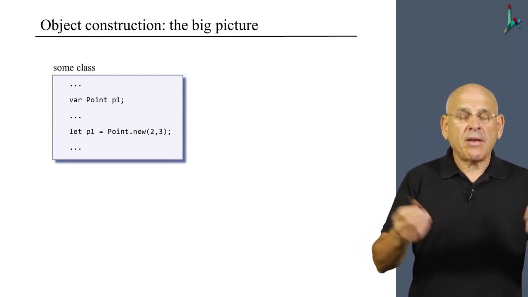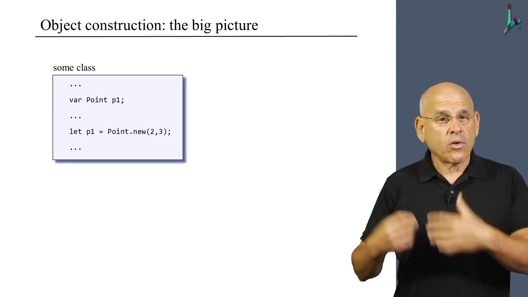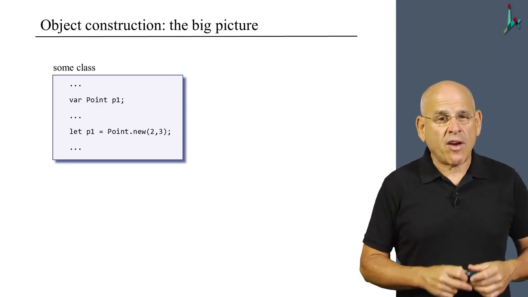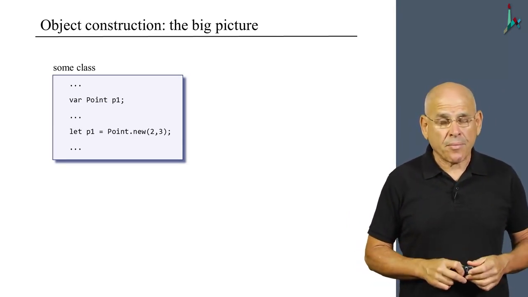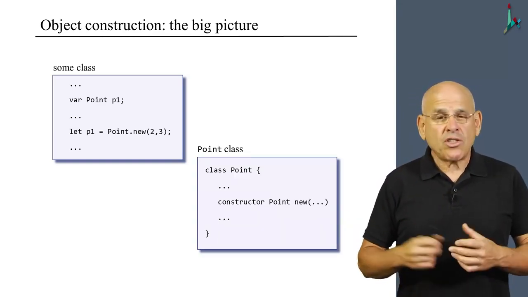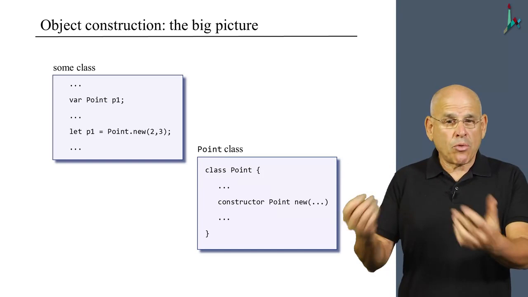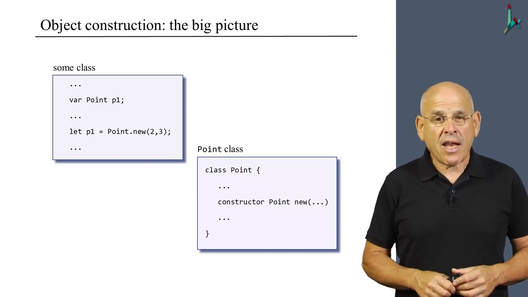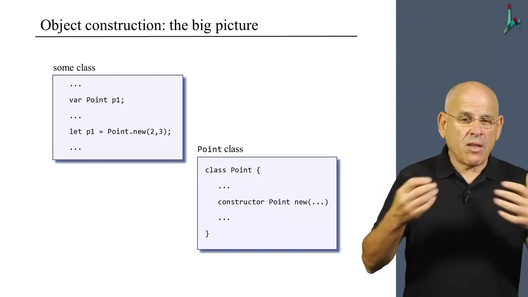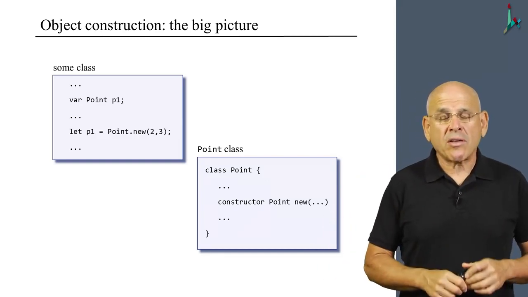First of all, we declare an object variable, P1, and later on, we may or may not call a constructor and assign this object to the variable that we previously declared, P1. And here is the point class that actually services this request. In other words, we have a constructor, which is a subroutine within the point class, and when we invoke the new method or the new subroutine within the client class, we actually cause the code of the constructor to start